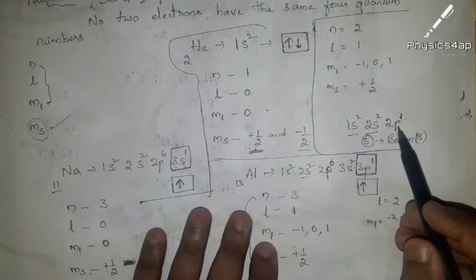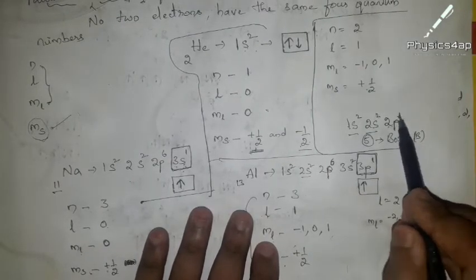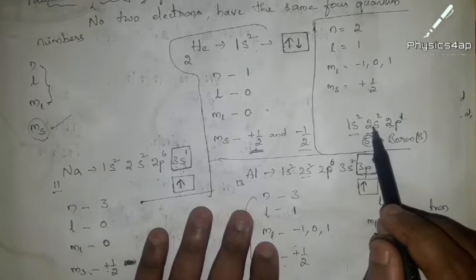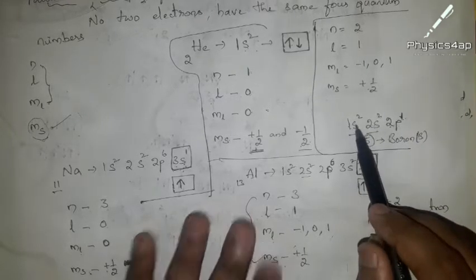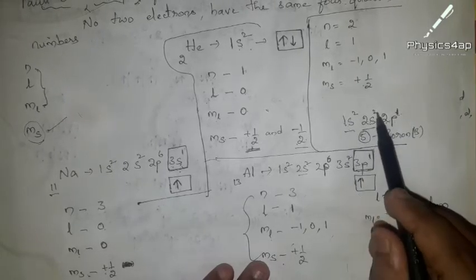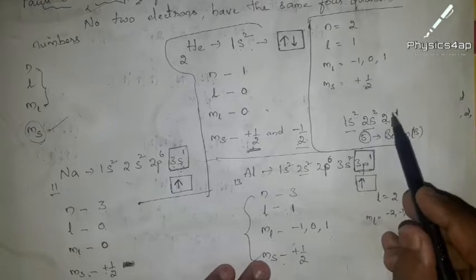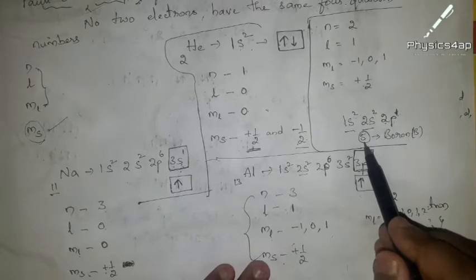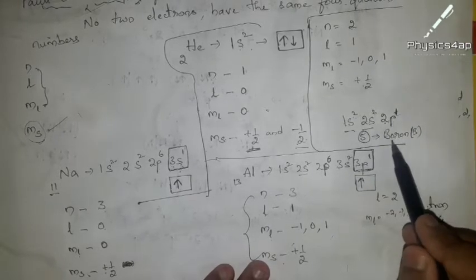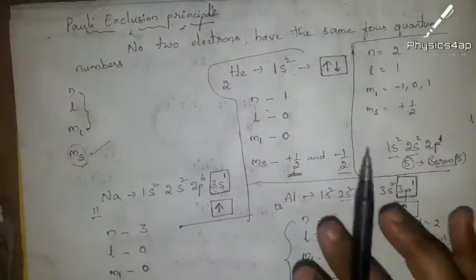That means in a 2p1, as we have an electron here, the previous energy levels, that is the 2s and 1s, are completely filled. Then only it can enter into the 2p. So 1s2, 2s2, 2p1. Counting the number of electrons, 2 plus 2 plus 1, that is 5. So 5 electrons, that means it belongs to the boron element. This is what we have discussed in our previous episodes.